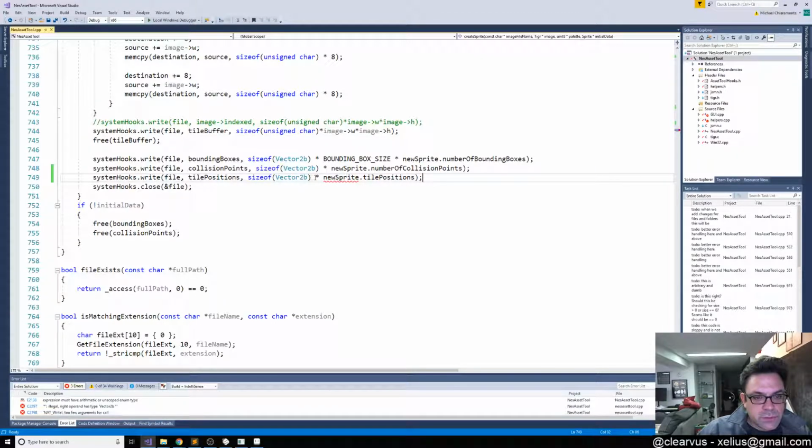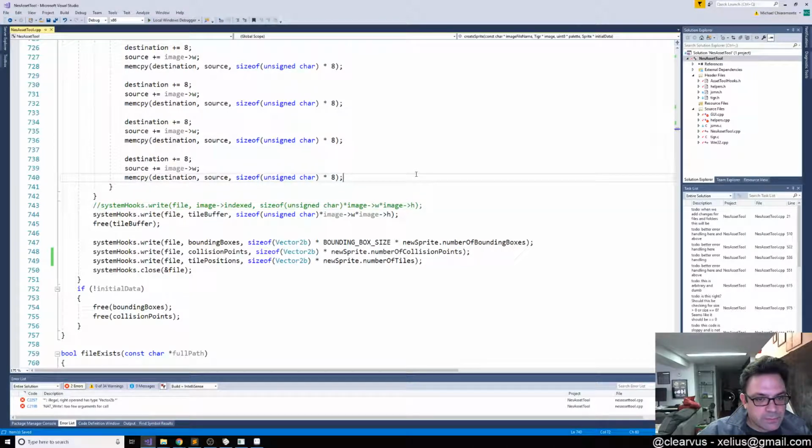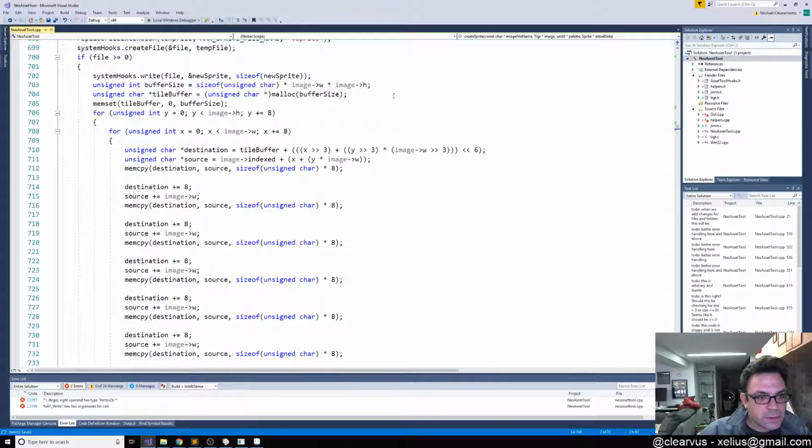Size of vector 2b times new sprite dot tile positions. Oh, tile count. Number of tiles? Yeah, number of tiles, right. Alright, so we've got that being written out, and the only thing we need to change here now is we